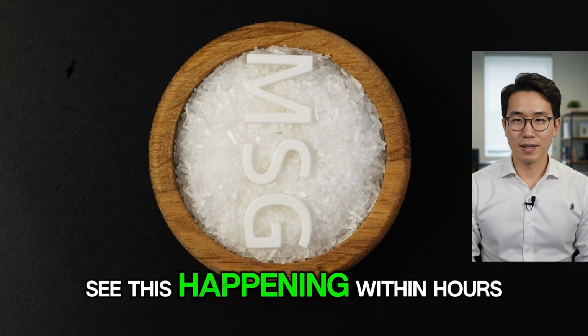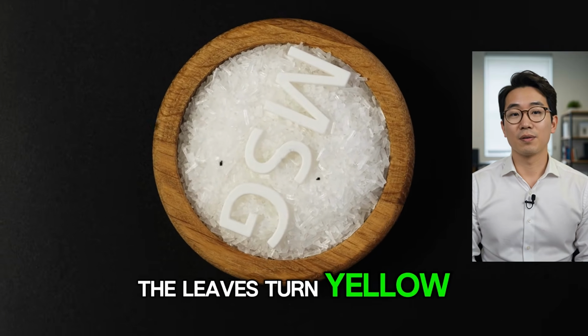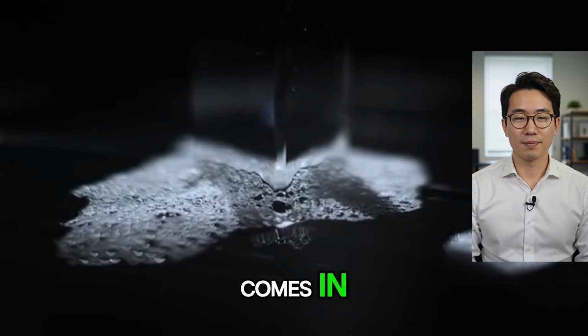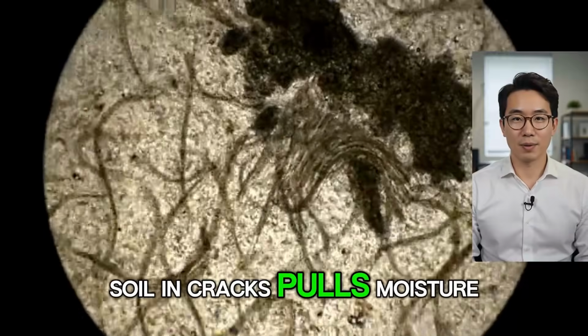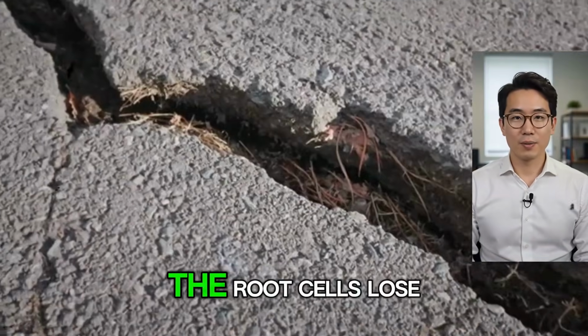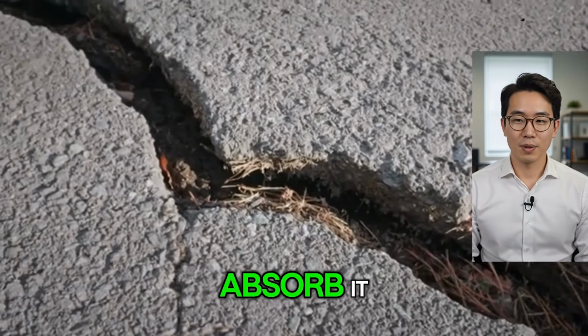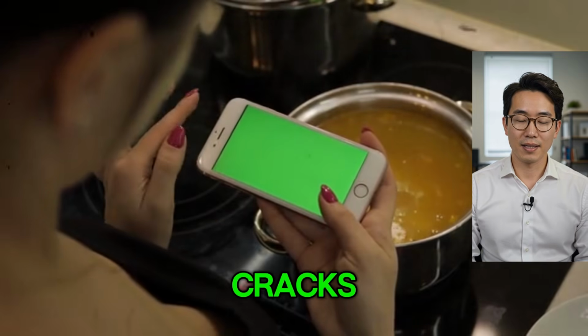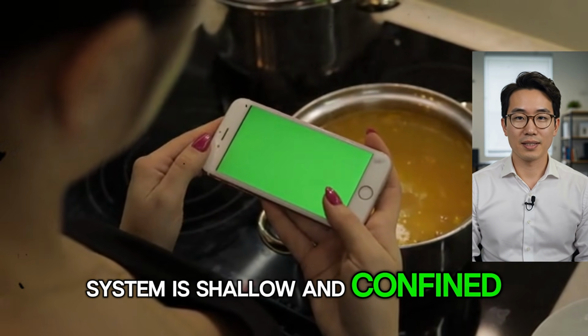You will actually see this happening within hours. The leaves turn yellow, then brown, then completely crisp. Now here is where salt comes in. Salt applied to the soil and cracks pulls moisture out of the root zone through a process called osmosis. The root cells lose water faster than they can absorb it. The root literally shrivels. For weeds growing in driveway cracks, where the root system is shallow and confined, this is